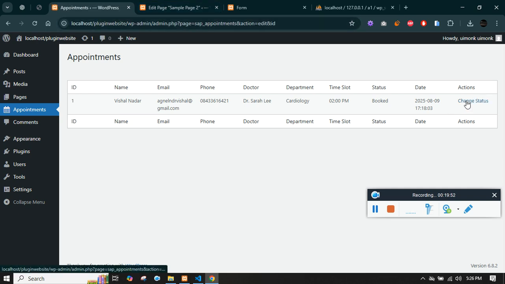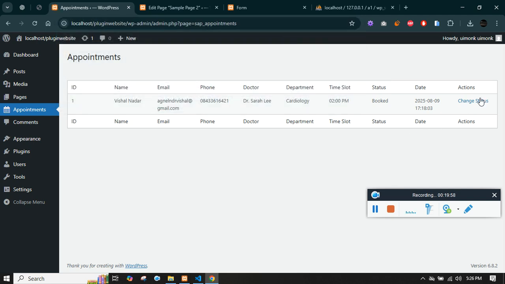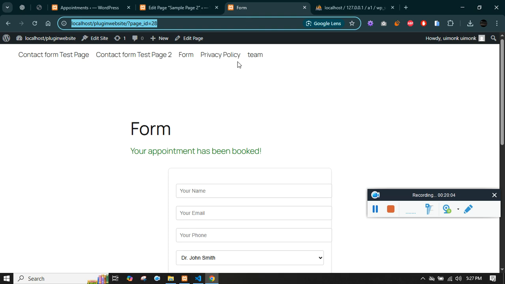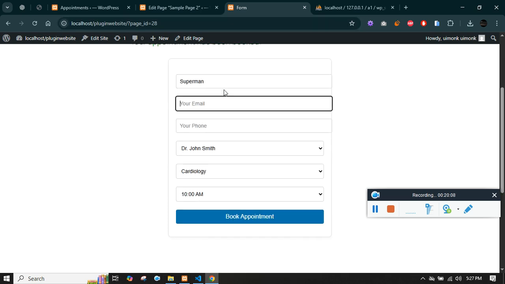So if I click on change status, you'll see what happened. Let me just remove the previously added URL. If I click on edit status, you'll see the action equal to edit is added and id equal to 2 is added. Let me just add one more value. Let's say Superman